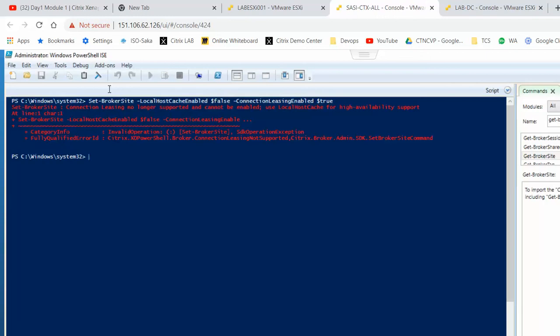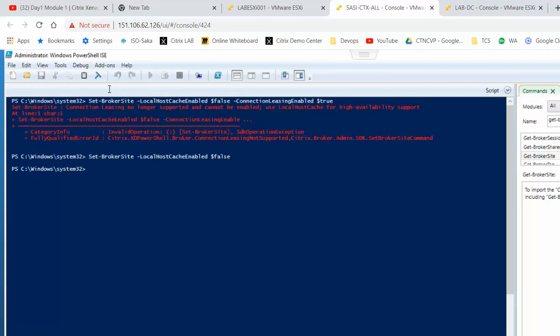See, connection leasing is no longer supported and cannot be enabled. So guys, even this is good news. Connection leasing will not work, so I can only disable the localhost cache. So localhost cache is disabled.